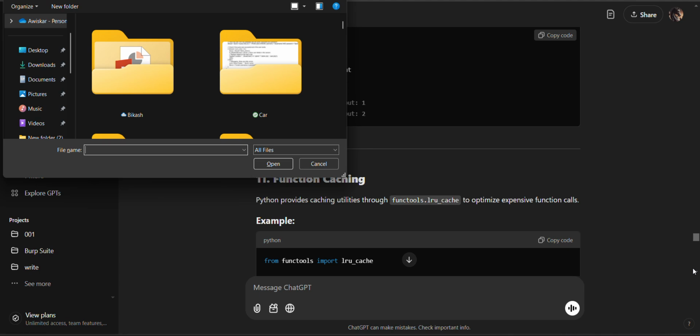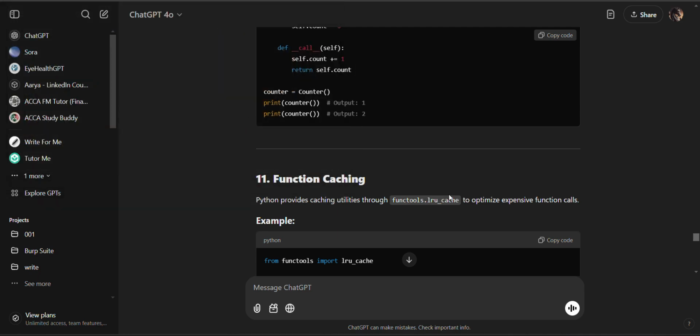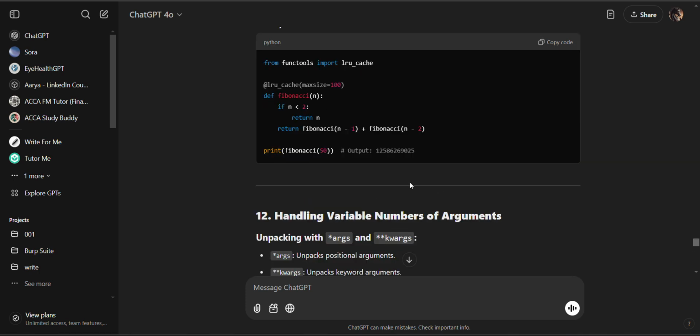Okay, and now again we have to discuss function caching. Python provides caching through functools lru_cache to optimize expensive function calls. Example: from functools import lru_cache, @lru_cache(maxsize=100), def fibonacci(n): if n < 2: return n; return fibonacci(n-1) + fibonacci(n-2). print(fibonacci(50)) outputs